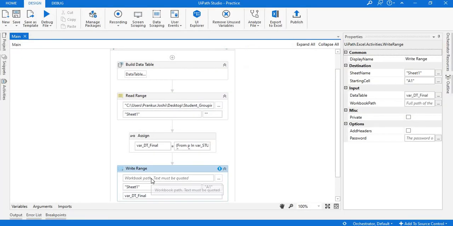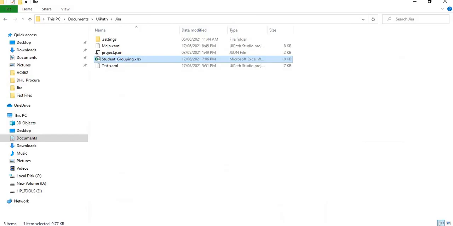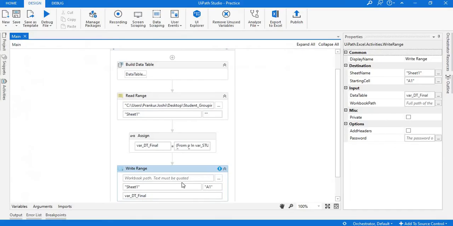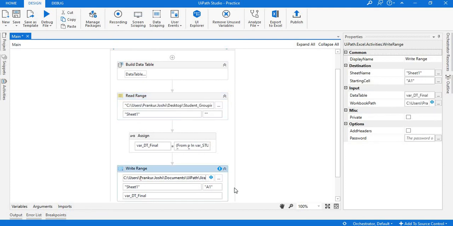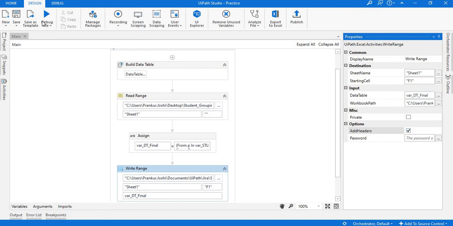Actually, this is a separate location, so let me use this one, and I'll take the file name also. So it is like this. Okay, and this should start from F1. Let me select adding headers also, and let's just run it.